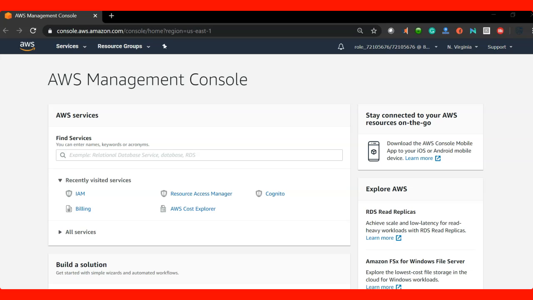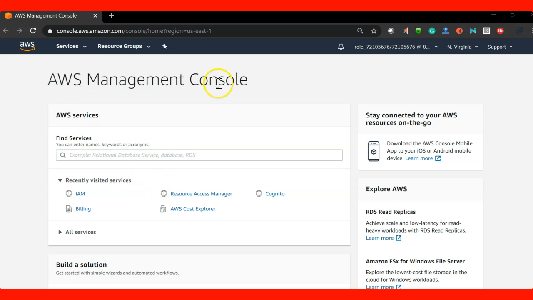This is our lab video, and in this video I will show you what the management console looks like, how many services it has, how you can search them with the search box, how they categorize all the services based on their features, and how to create users and groups in AWS.